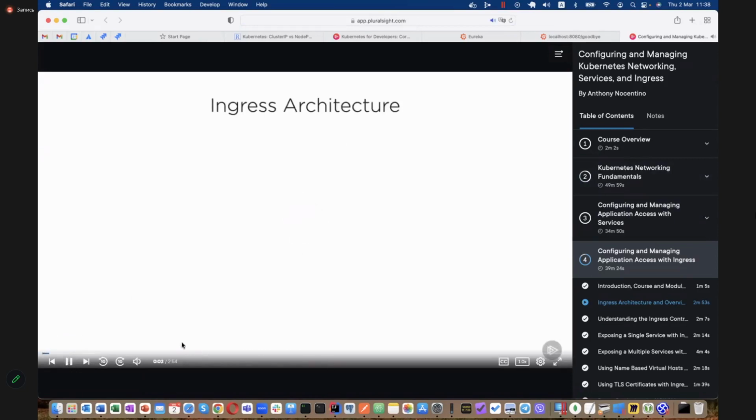Let's start off with an overview of Kubernetes ingress architecture. And first up,